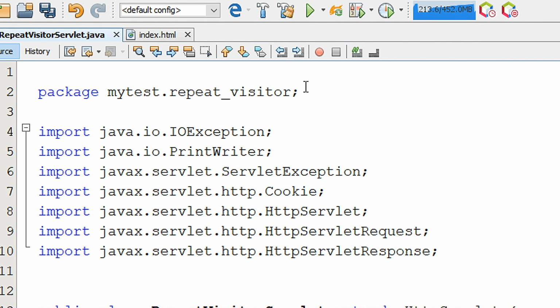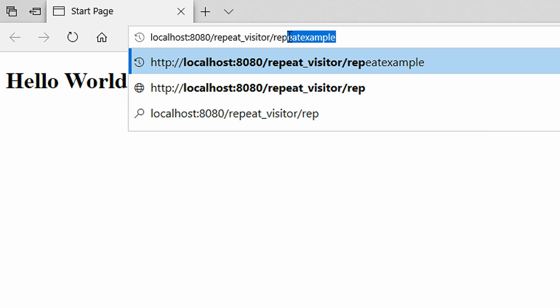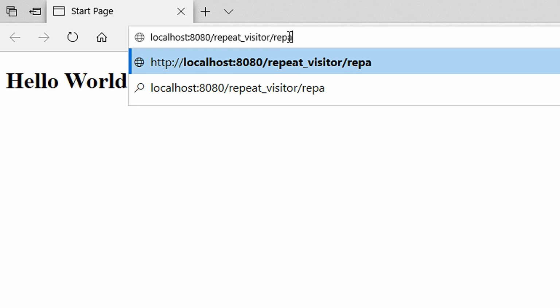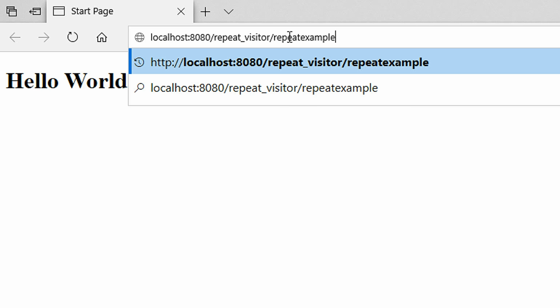Now run our project and check the cookie's reaction. Here I type the URL, repeat example.